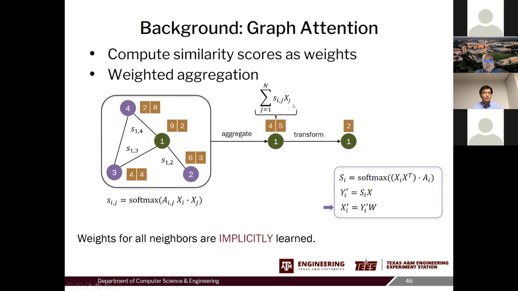So this is the paradigm. You can see that these S are not learned directly, but these features are learned automatically. By enabling the learning of these features, you basically learn the similarity. That is why in graph attention, these weights are learned implicitly by learning the features.